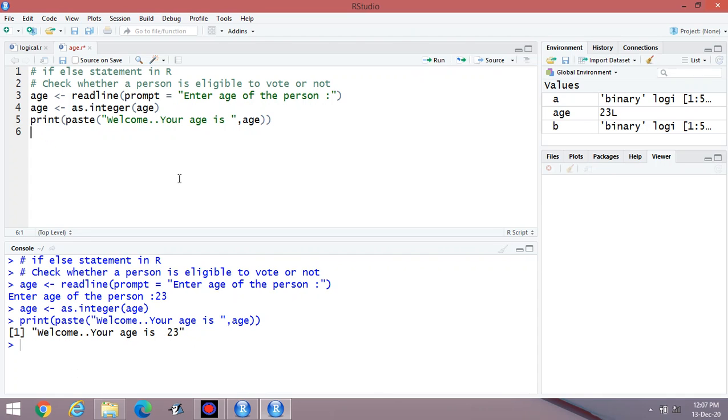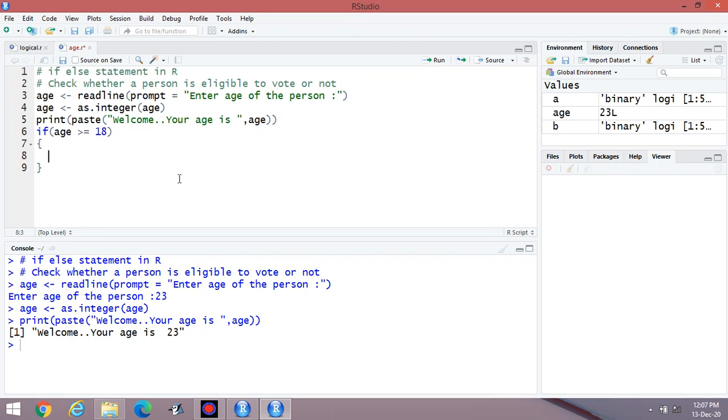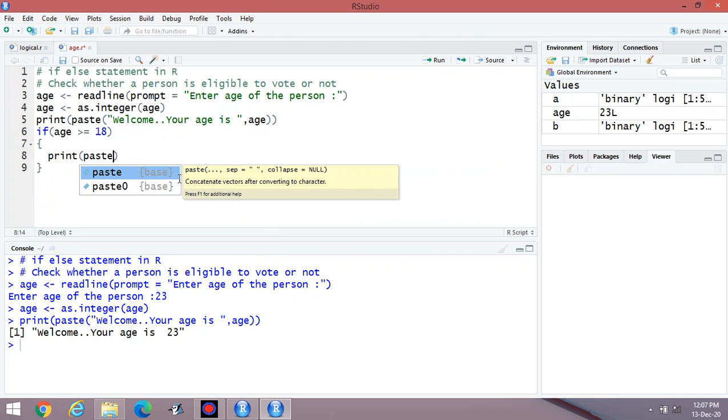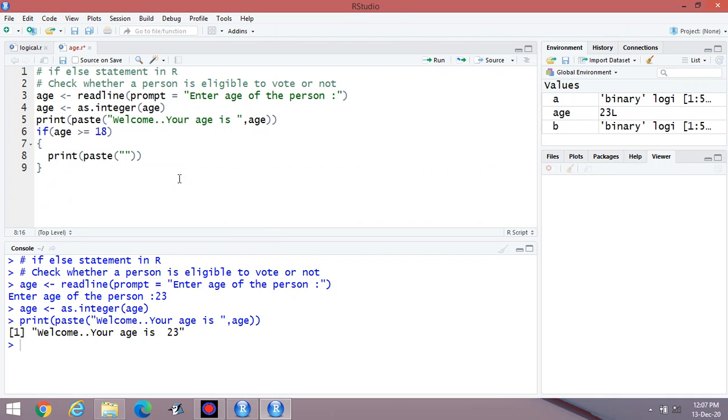Now you have to apply the if condition. If age greater than or equal to 18, suppose this is the condition. Then print, paste, "congrats, you are eligible for voting",